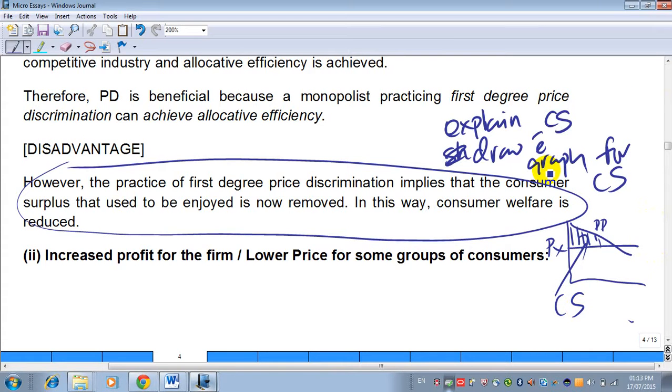This is the end of the online tutorial for part B of the price discrimination question. I know that this part is very tough because the theory is not something that you're used to. It's difficult, but I hope that you will replay and replay this video. If you think that you don't understand, slow it down at certain points if you need a better understanding. That is what independent learning is about, and that is why I created this video for you to play and replay on different days so that you can improve your understanding.